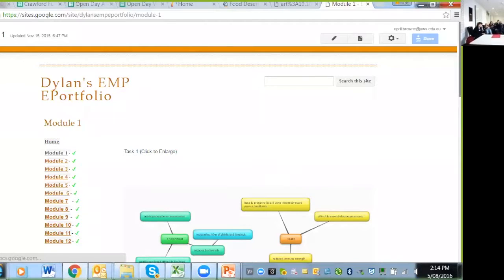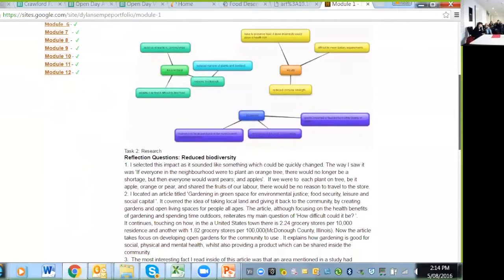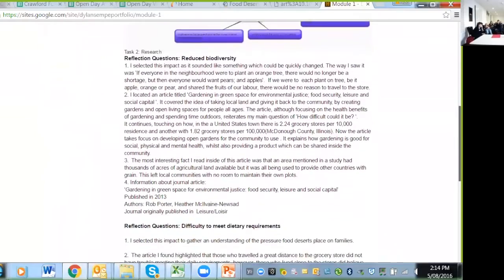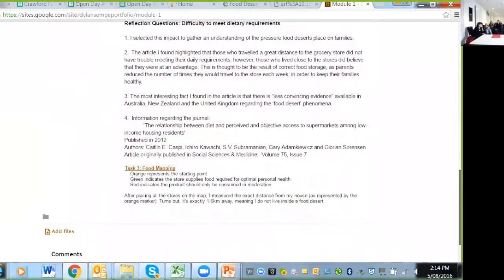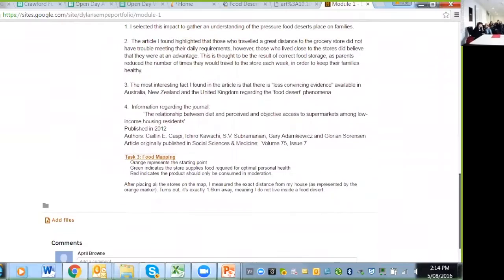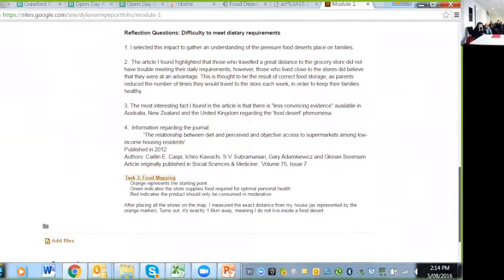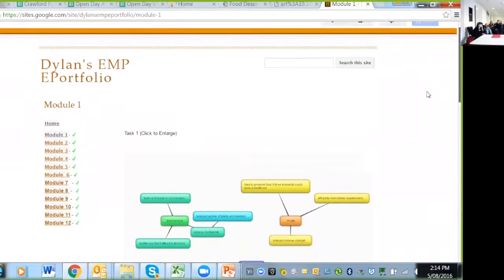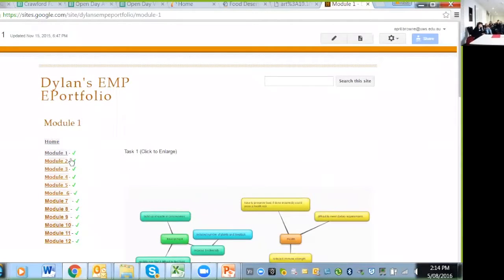Module 1, he's made a mind map. He's placed it all in there. He's done a reflection. You can read through that and figure out exactly what Dylan's thought. He's attached a couple of files. All pretty easy. The same type of thing that you'd find in your notepads and notebooks that you keep for